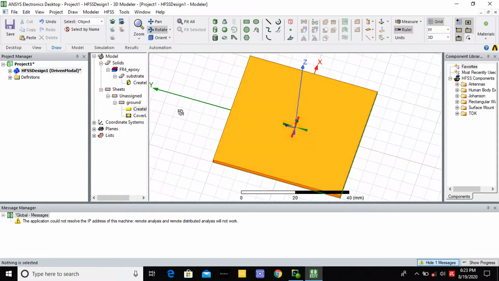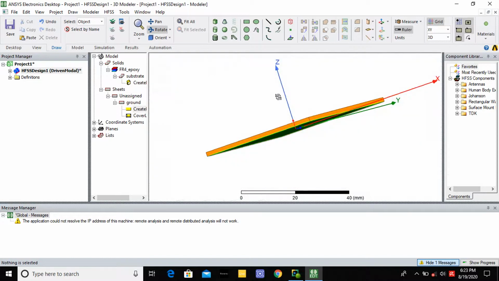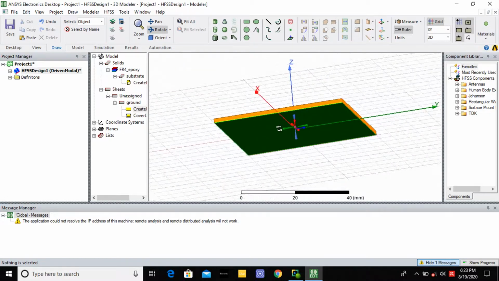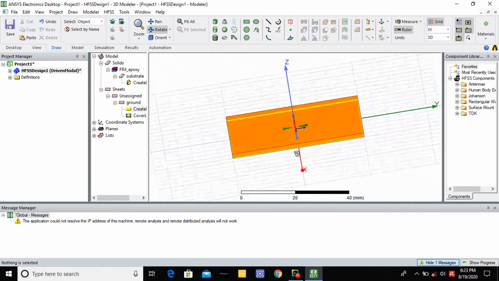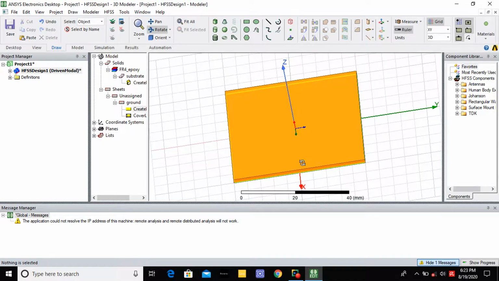So you rotate this object and keep it like that. Why? Because only in the x direction you are going to give the feed. So I put it like that. On top of the substrate layer, we are going to draw the patch.